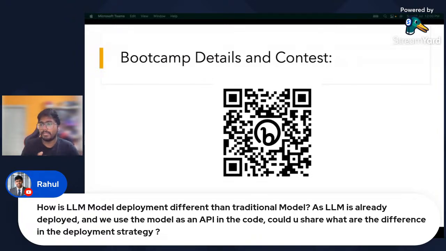Coming back to your answer, an LLM is already deployed by some organization. For example, the LLMs behind ChatGPT, GPT-3.5 and GPT-4, were deployed by OpenAI. They have done it from their end, and we are just using it as an API in code. The only deployment strategy difference is that it's entirely the same, but since it's a huge model, the inference time might take a lot of time.